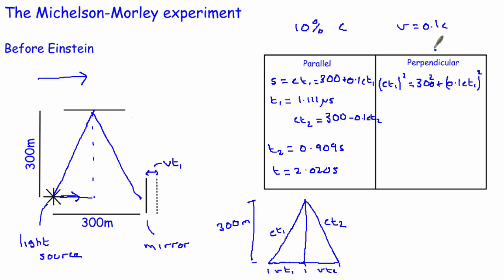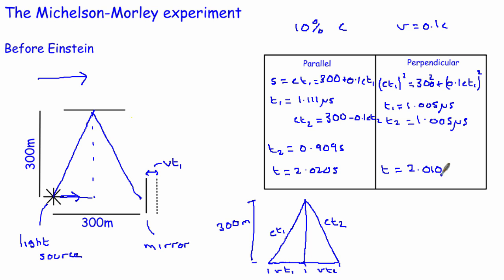And so what we can do is we can basically take this to the other side, and we can work out what t1 is, and if we do that, then we can show that t1 is somewhere in the region of 1.005 microseconds. And because this is symmetric and nothing's changing, then t2 is going to be exactly the same. So t2 is also equal to 1.005 microseconds. And so again, our total time is going to be just those two things added together,